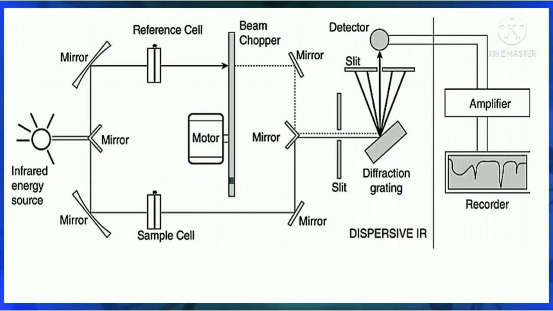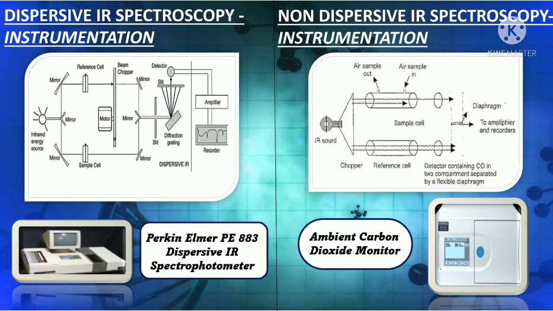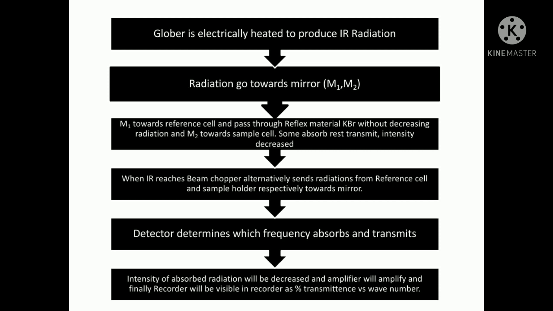Then, apart from the bolometer, there is the thermocouple. What is that? Here, two dissimilar wires are used, and due to a temperature difference, there is a potential difference. So one end is a hot end and the other is a cold end. There is some type of arrangement so that when IR radiation comes, only one end receives it and becomes a little bit hot, and the other remains cold. So due to the potential difference, there is current flow, and then it is recorded.